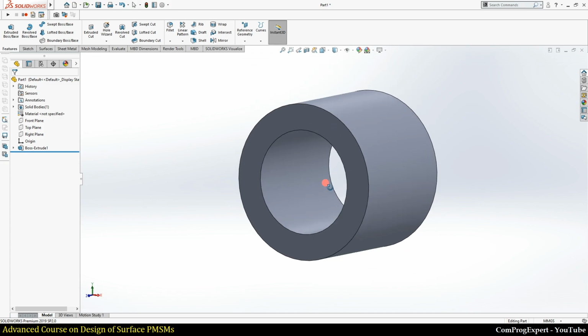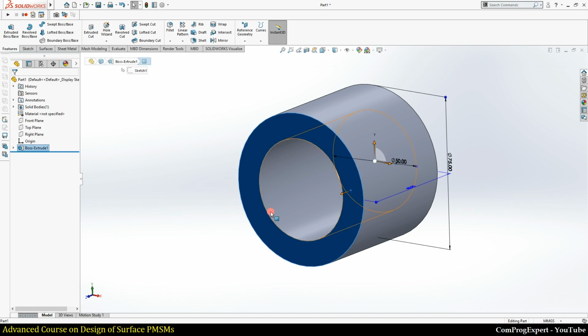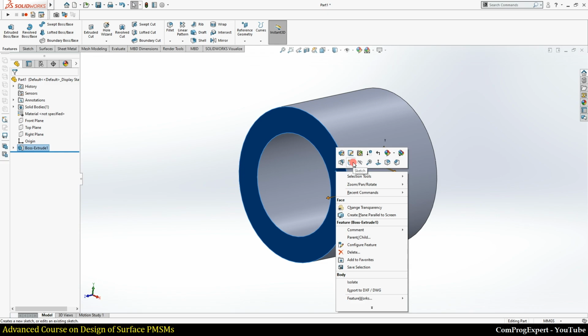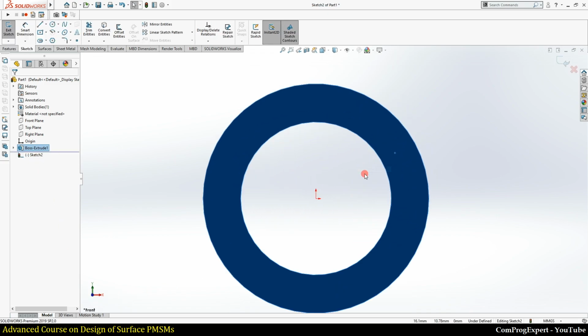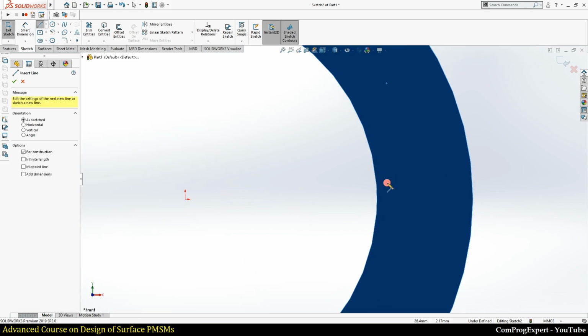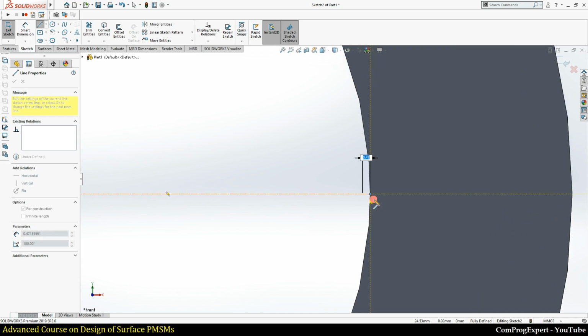And now I can generate the geometry of the slots. So I can select this plane again or select this surface and right click to generate a new sketch on this surface. Okay, so this is my new sketch, and here let's generate the geometry of the slot. So here I select the center line, this guideline only, and from origin to here I draw this line.